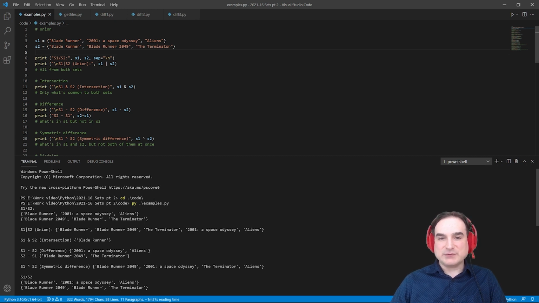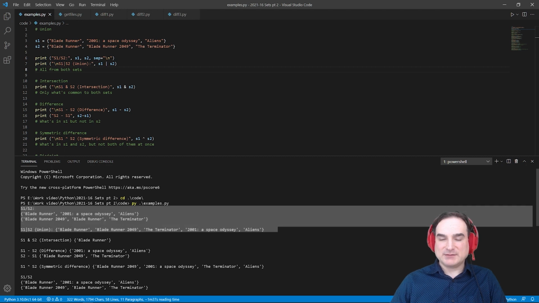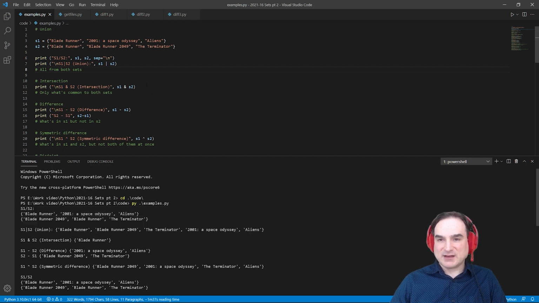First up, we have unions between sets. This takes everything from both sets and merges them into a single set, removing any duplicates. This we do by way of the pipe operator. Note that the original sets in this operation and any other operations that we're performing, unless I say otherwise, are not changed. The result is a new third set. We can also derive the intersection of two sets. This is a set that contains everything that's in both sets. In this case, the only common element is Blade Runner, and we use the ampersand operator to perform a set